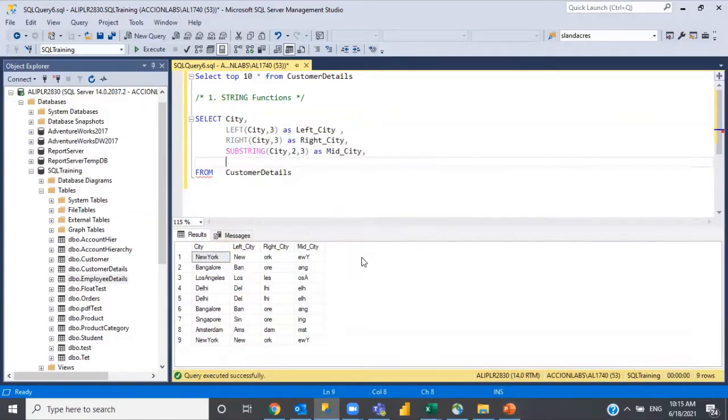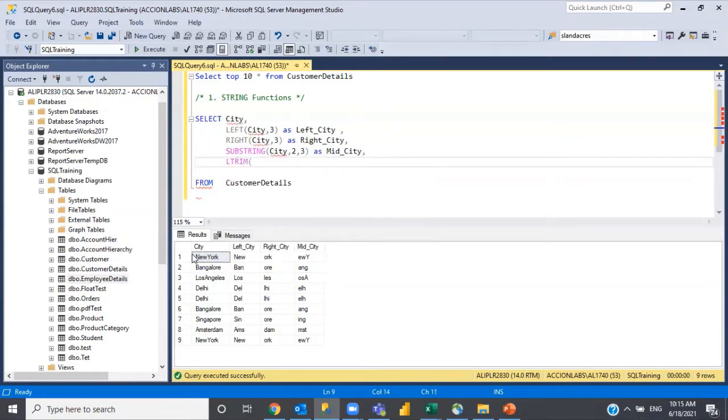There is a trimming function. Suppose you have a space as the starting letter, for example in this New Year, and there is a space before the N. If you want to trim the space at the left side, you need to use the function called ltrim.